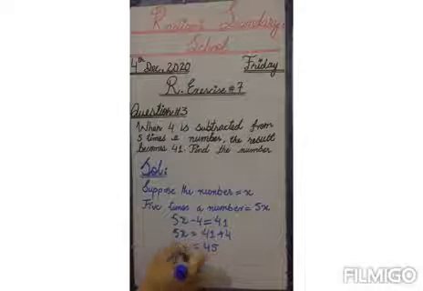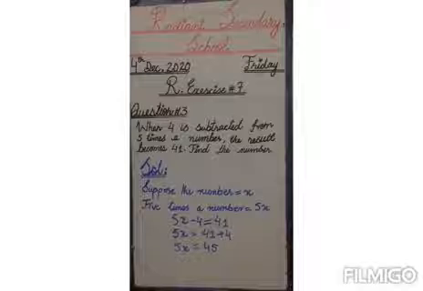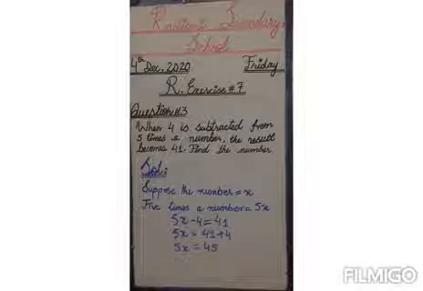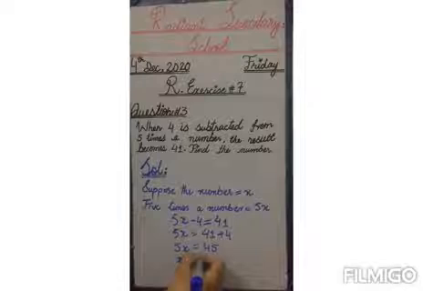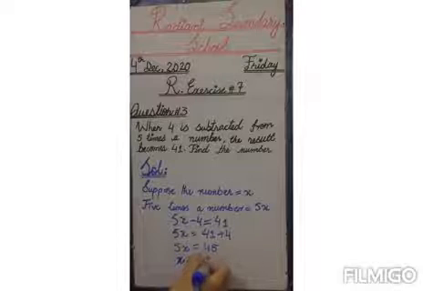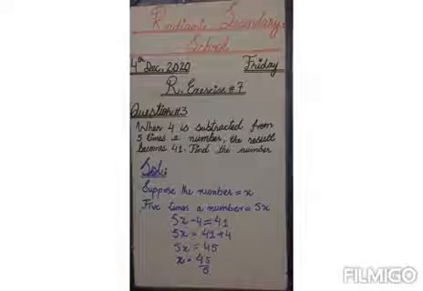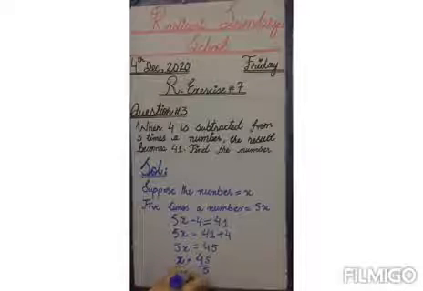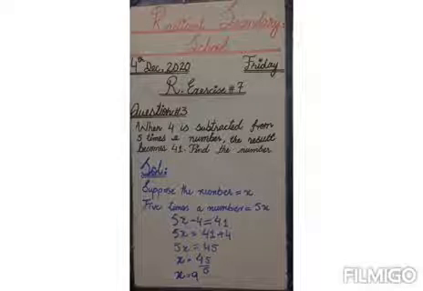is equal to 45. Now I have 5x is equal to 45, but I need the value of x. So let's move 5 on the other side of the equation. The equation will become x is equal to 45 divided by 5, because 5 is multiplying on this side of the equation. Now we all know that 45 divided by 5 is equal to 9. So the value of x becomes 9. So the answer of this question is x is equal to 9.